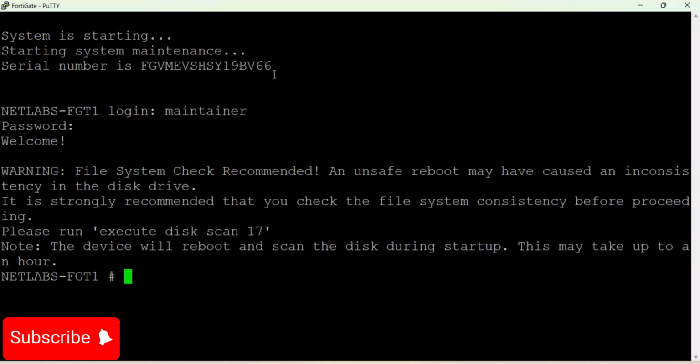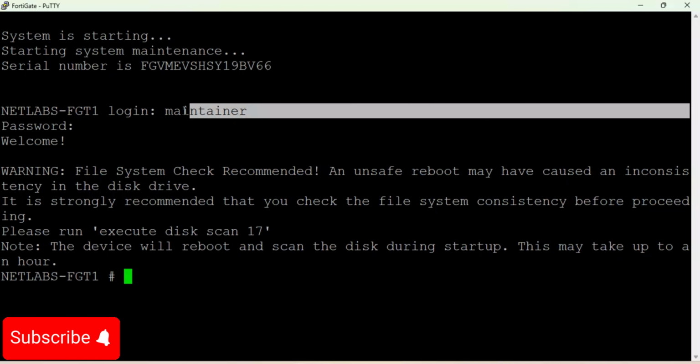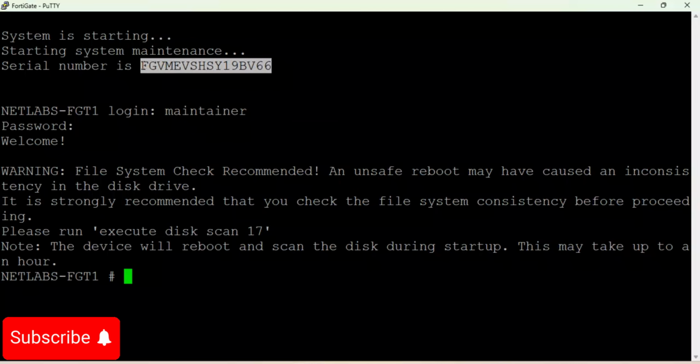You see, I have just pasted the maintainer, then this one, plus the PCPP, so that once you do that, it will give you this. What does it say? That a file system check is recommended, an unsafe reboot may have caused an inconsistency in the disk drive. It is strongly recommended that you check the file system. So once you reach here, you can configure